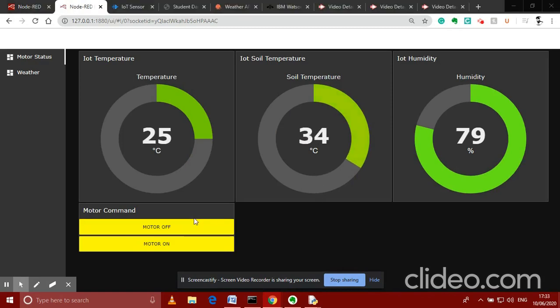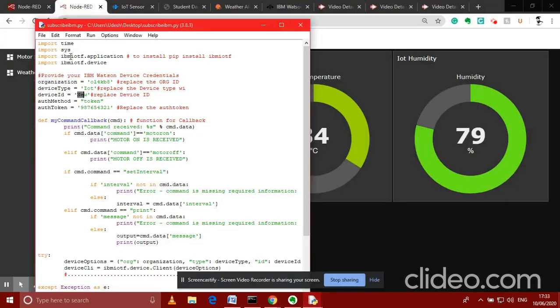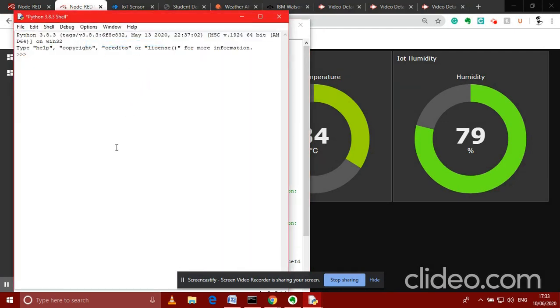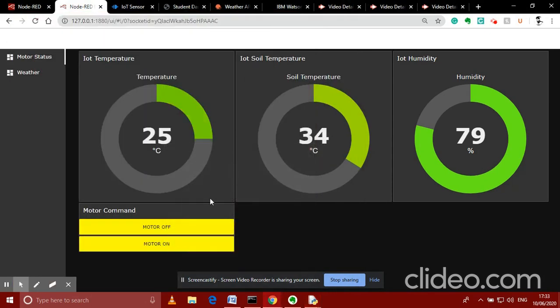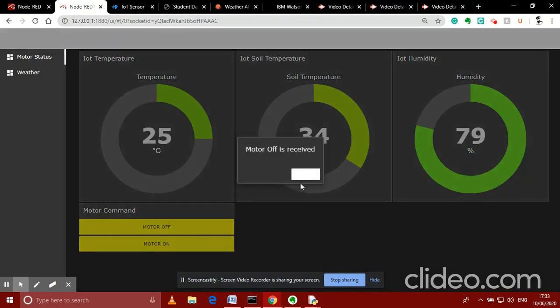Let us now run the Python code and see those buttons in action. It is showing connecting successfully. Now let us check if it sends a notification or not. So here you can see we have received a notification.